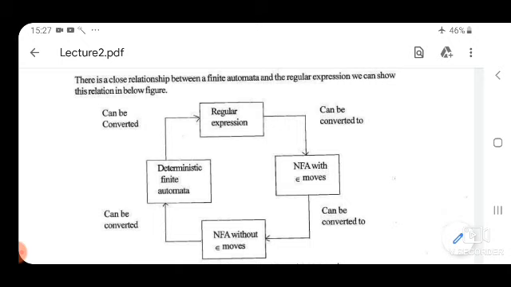In this video we will discuss the relationship between finite automata and regular expression. Specifically, we will discuss how to convert a regular expression into a DFA. So,